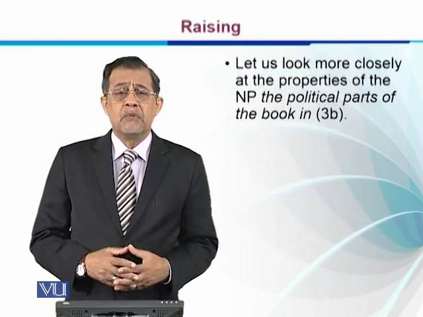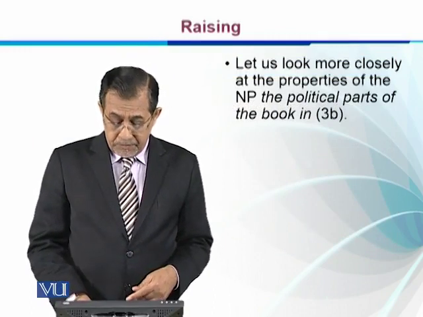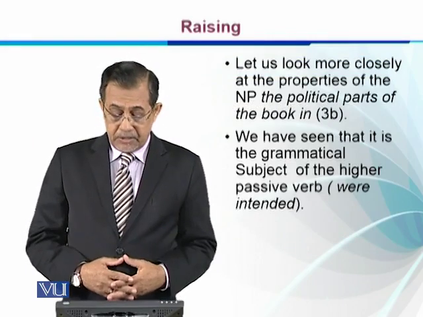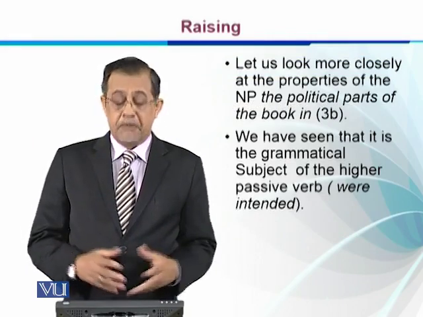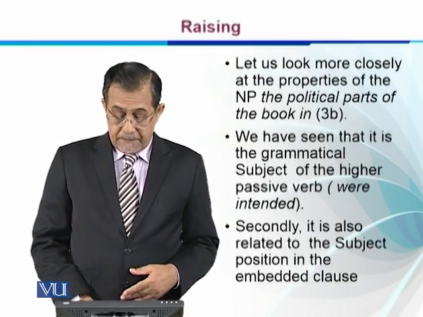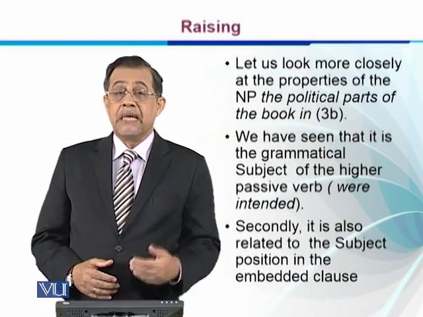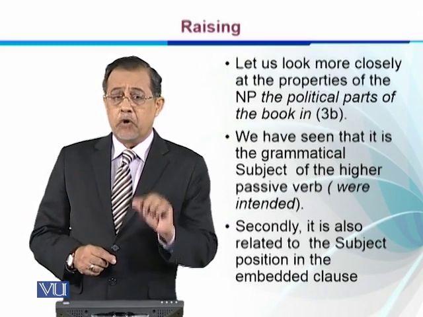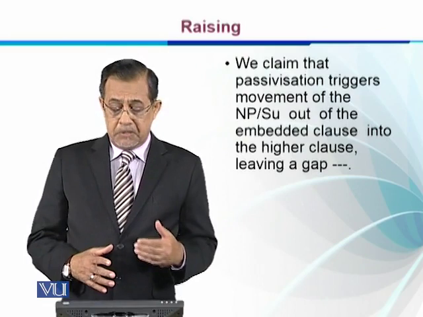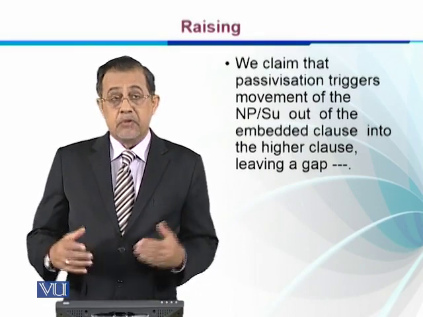Let us look more closely at the properties of the NP, the political parts of the book, in 3B. We have said that it's a grammatical subject of the higher passive verb, which is were intended. Secondly, it is also related to the subject position in the embedded sentence, and we have left 3 dots for this subject position. We claim that passivization triggers movement of the NP out of the embedded clause into the higher